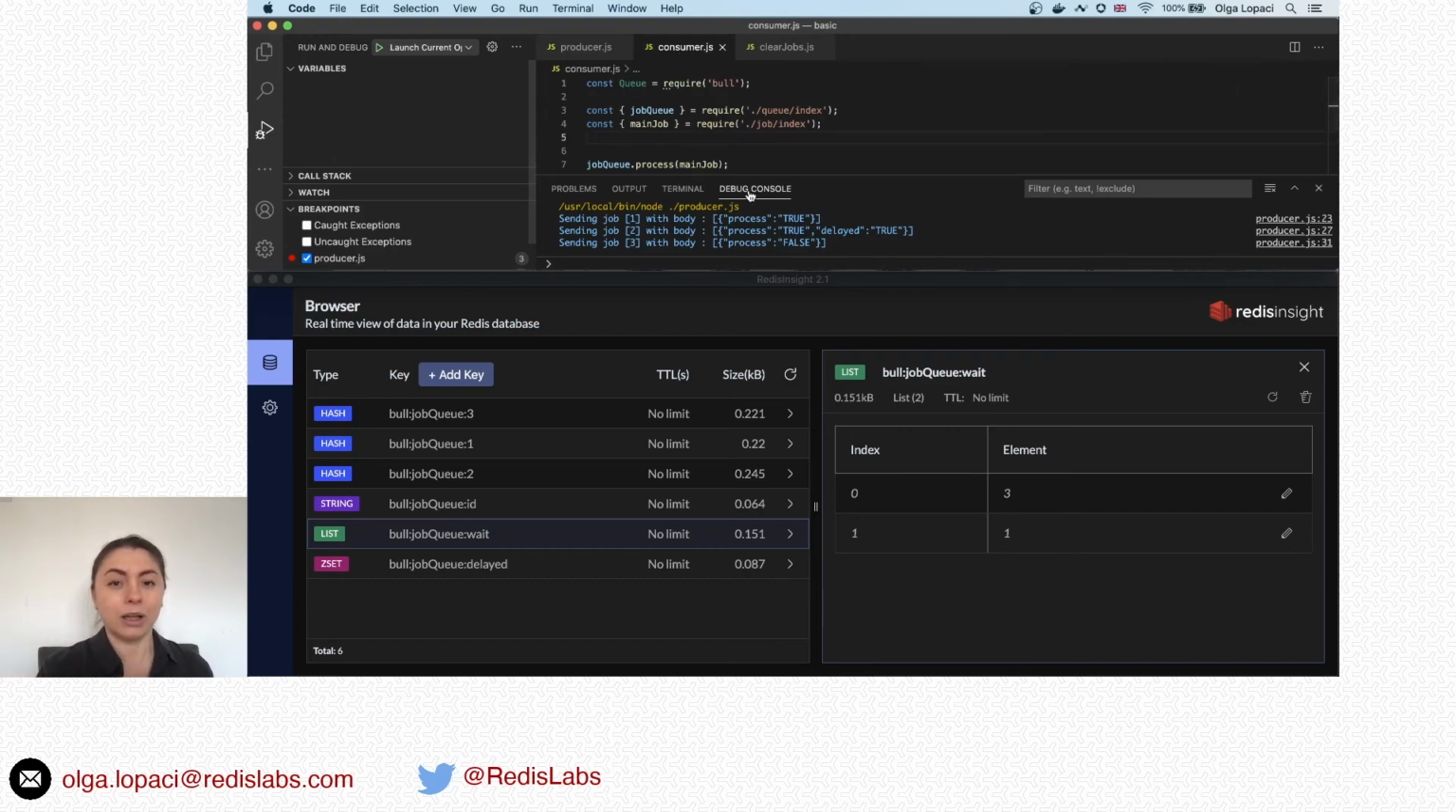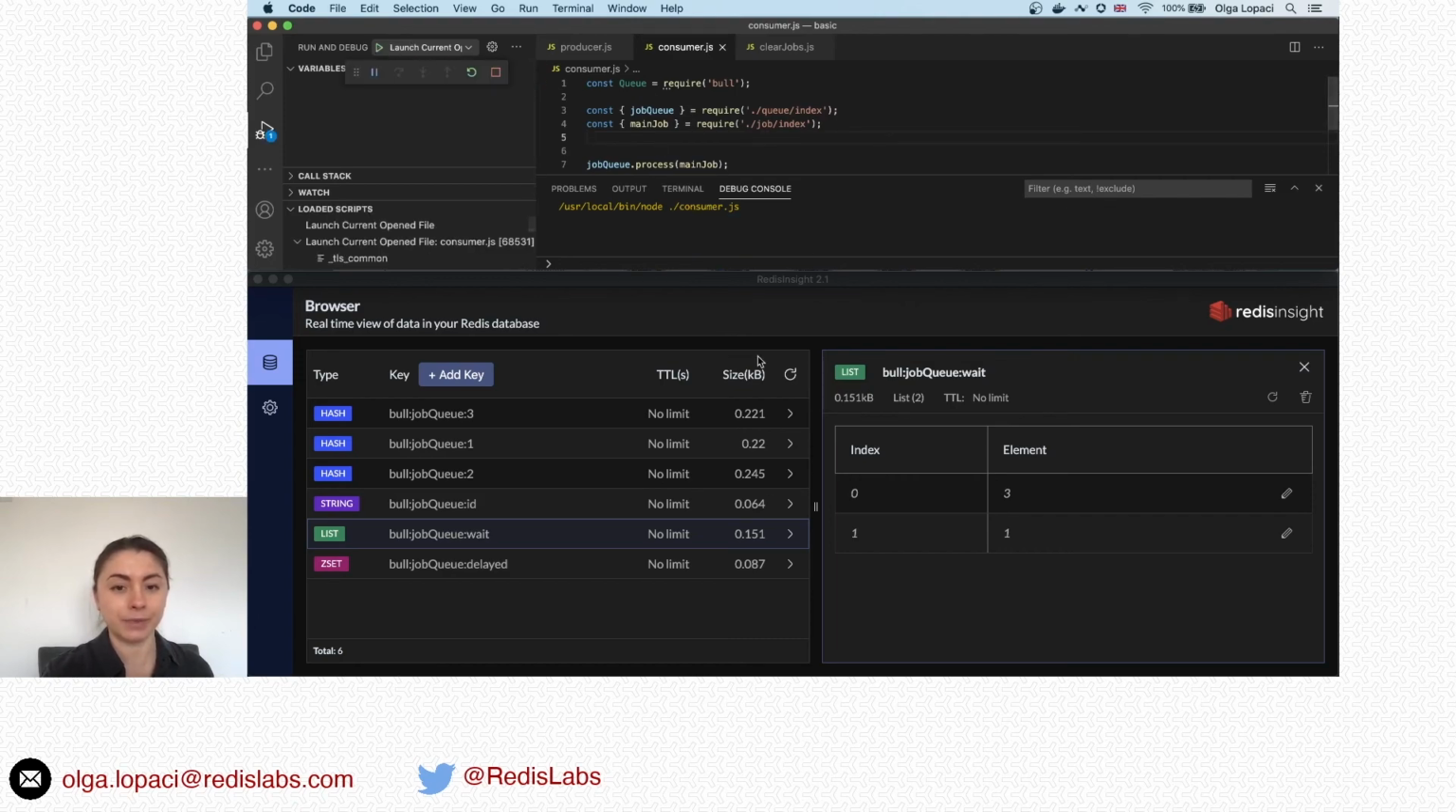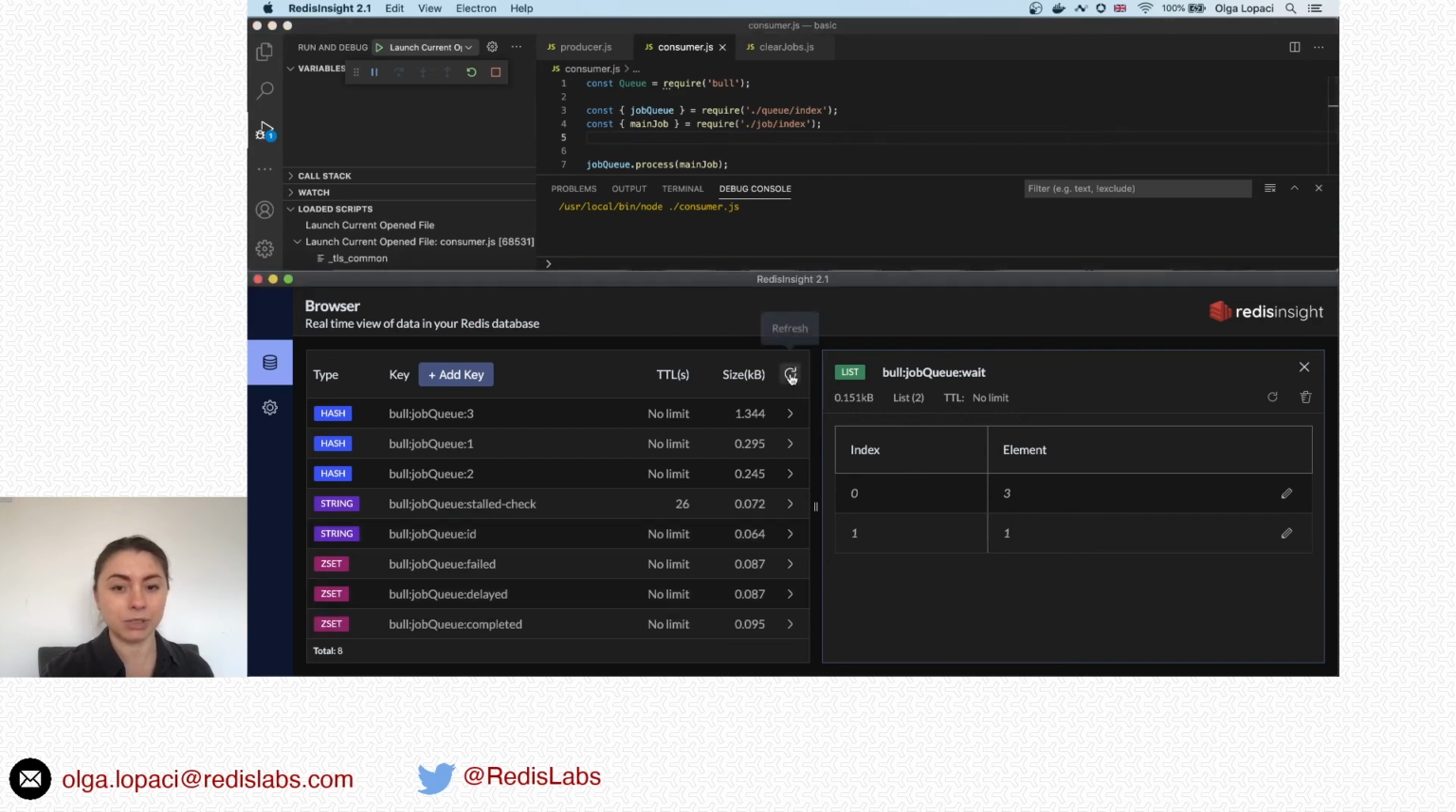Right, so as mentioned, we expect 1 job to complete, 1 job to fail, and 1 job to stay as it is, currently in a delayed state. So let's go ahead and run it and refresh, and let's see what's going to happen. Okay, so there's another string here, stalled check. It has a very short TTL, so probably some sort of transient data structure used internally by Bull, but we're not going to be worried too much about this at this point. So we do have 3 now